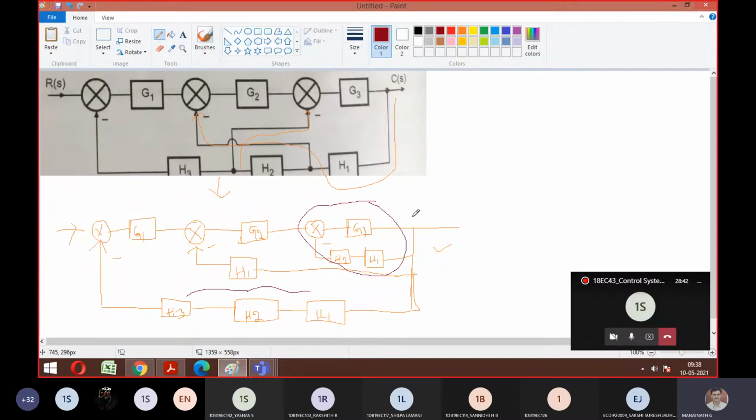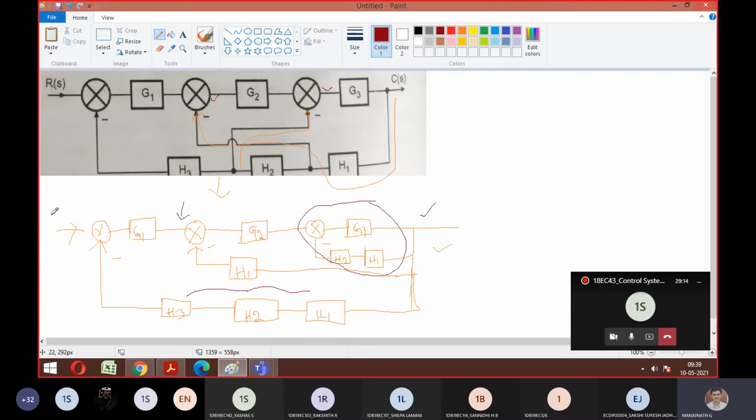So this is the first step. Everyone make a note of this first step. I want you to write on the paper. Unless you write on the paper, you won't get any doubts and you won't feel how difficult it is. So try to analyze. See, you should make a statement before drawing this diagram. The statement says: separating the feedback at different summing points. These are the two different summing points we have, and I need to separate the feedback path. Like that you should write a statement, then draw this diagram.